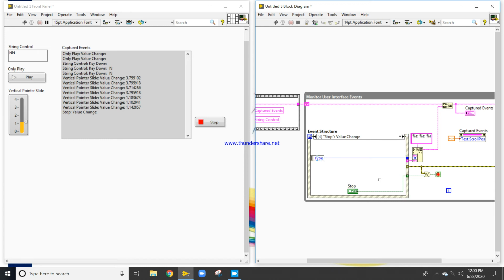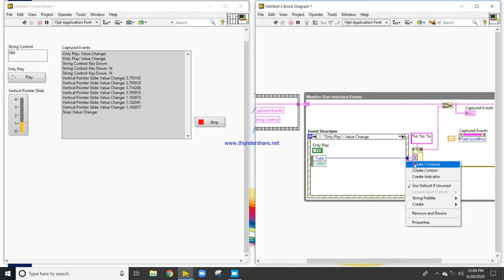Close, only type. Now here I will paste only play, pressed.